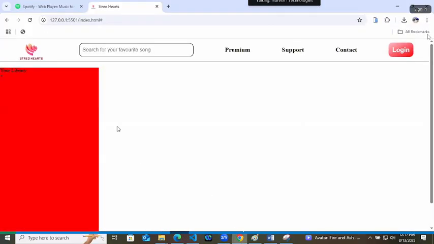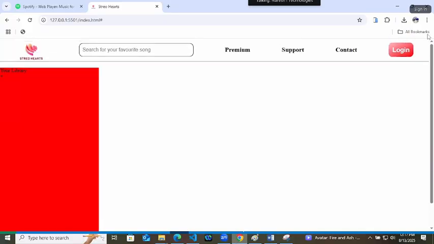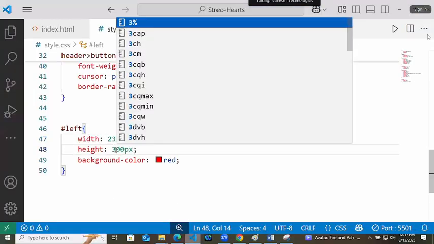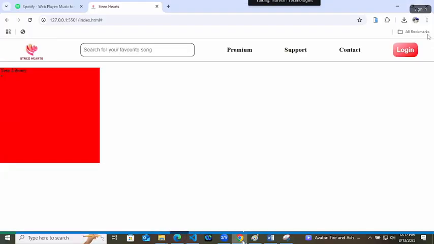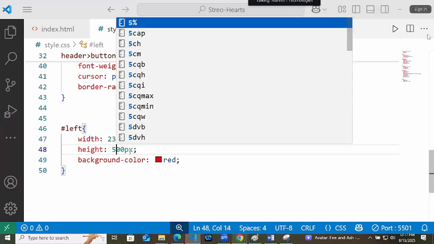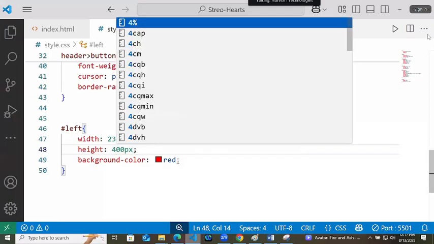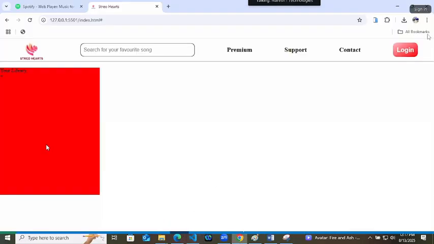Keep it 23. Height 600 pixel is very big. Reduce the height. 500. Keep it 400 now. Okay, like this. So this is your left part.